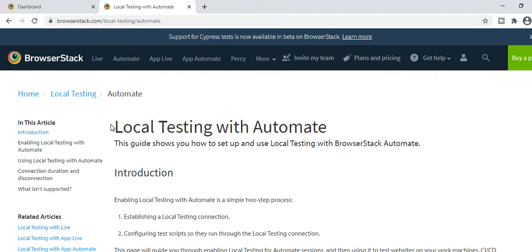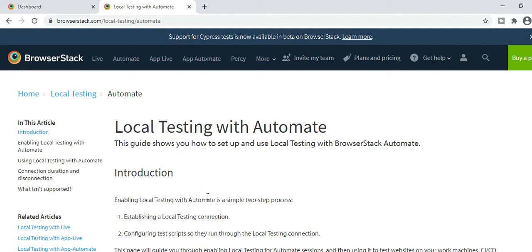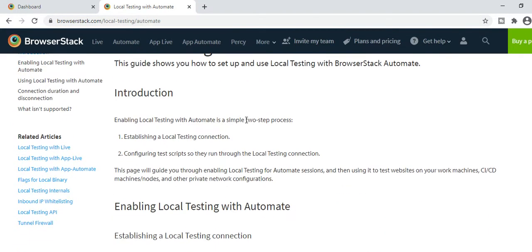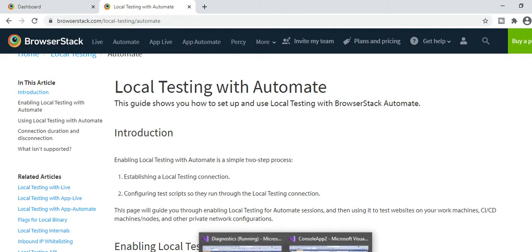Local testing is very important because local testing is where you are testing the localhost of your web application. If you host on some other server, you will get a domain name, so from the testing perspective you need to do some other settings. I will tell you in some other video how you can test your hosted application. Now as I have downloaded it, it's fine. Let's go to Visual Studio.